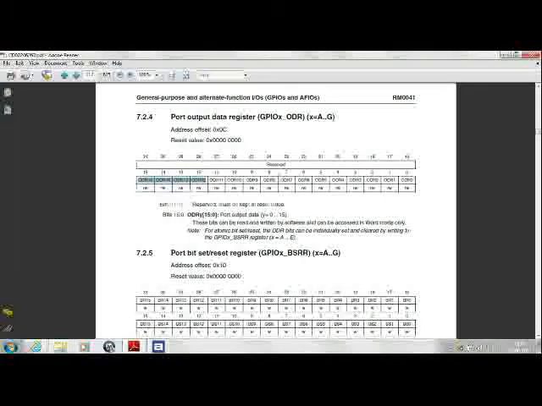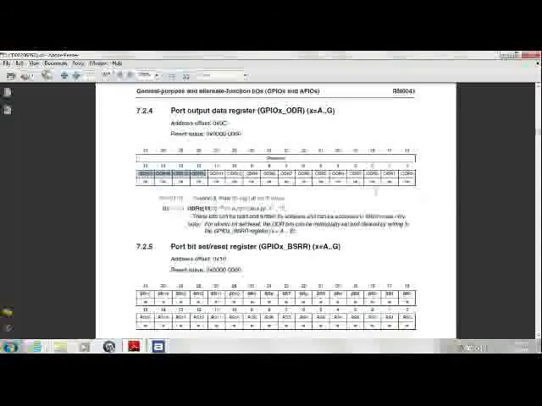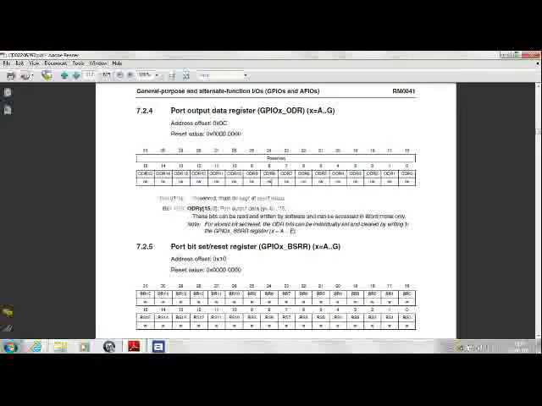There is no physical pin corresponding to the remaining 16 bits of this 32-bit register. We want to control the 8th pin. This is because on the kit the LED is connected physically to the GPIO-C's 8th bit.